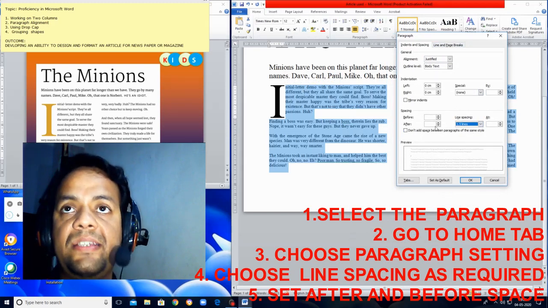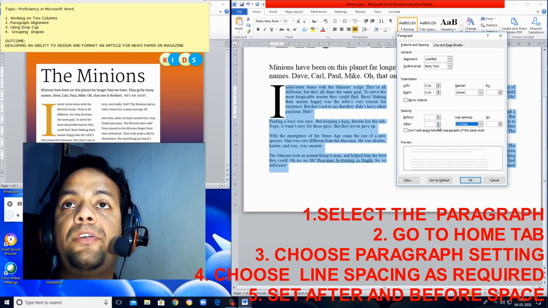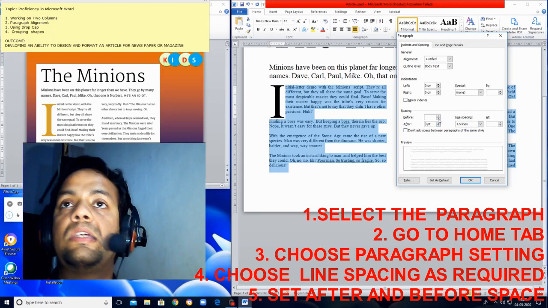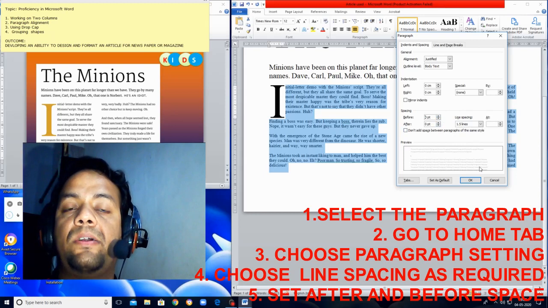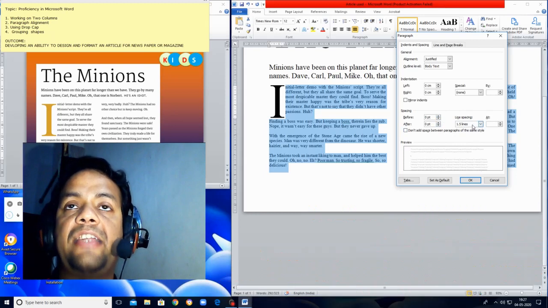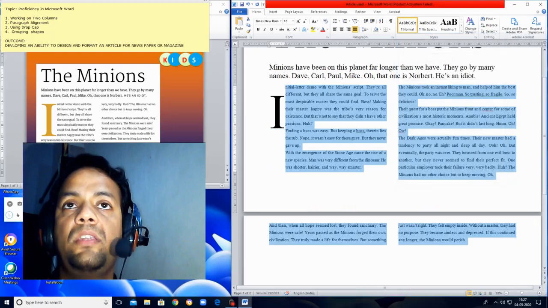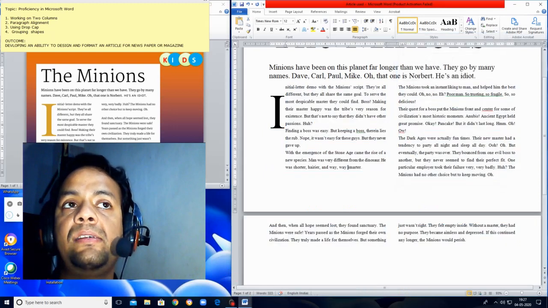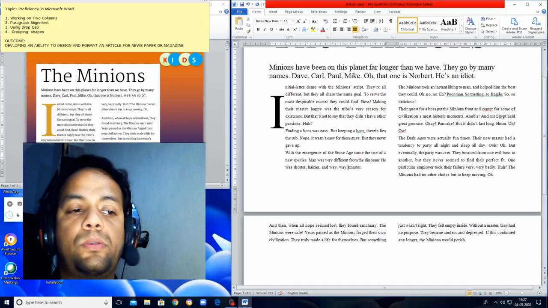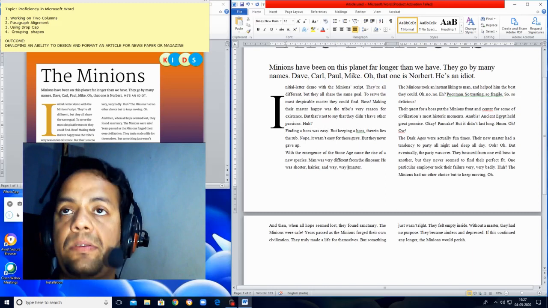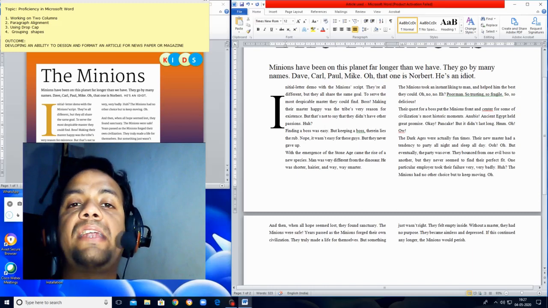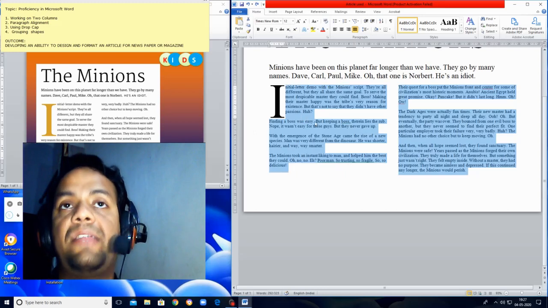Okay children, and set the before spacing of text as 0 and also the after spacing of text as 0 point. So what line spacing have I applied? 1.5, right? And click OK. Now you can see what's happening here. So basically your text was drop capped, and also this is extended towards 7 lines.